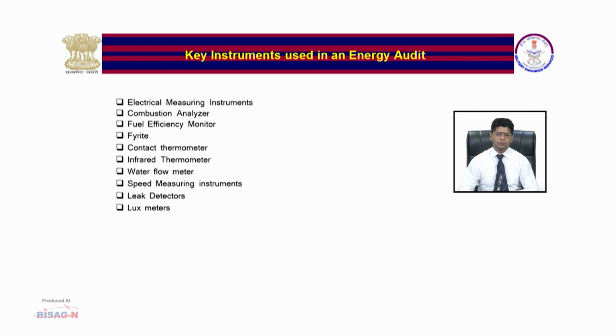This instrument has inbuilt chemical cells which measure various gases such as oxygen, carbon monoxide, nitrogen oxides and sulfur oxides. Then we need a fuel efficiency monitor which measures oxygen and temperature of the flue gas. Then Fire-Rite for O2 and CO2 measurement, contact thermometer, infrared thermometer, water flow meter, speed measuring instruments, leak detectors, lux